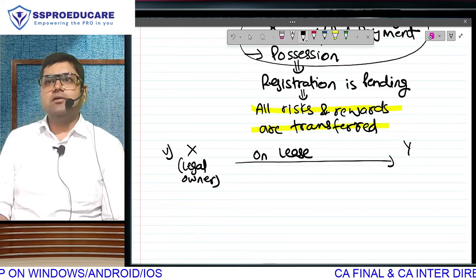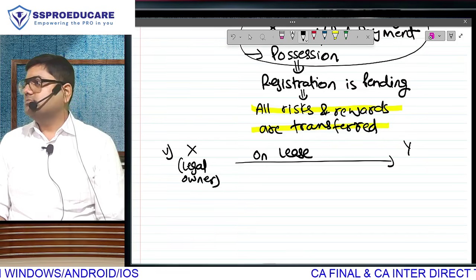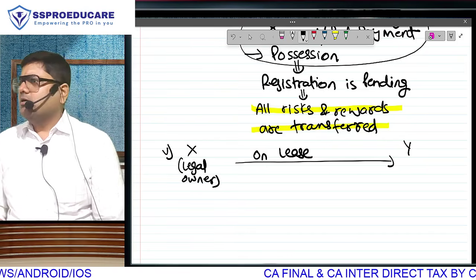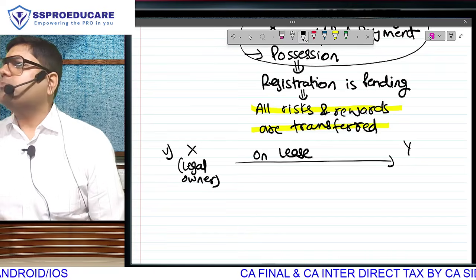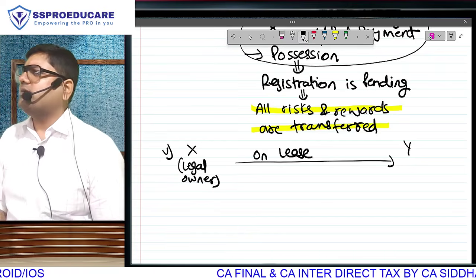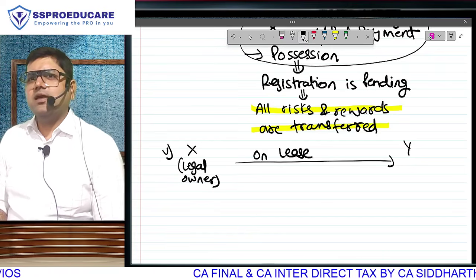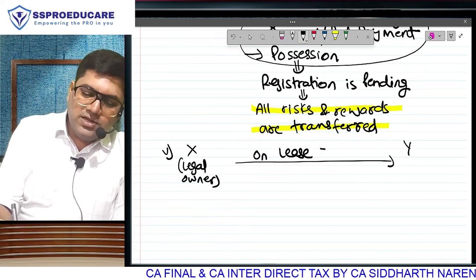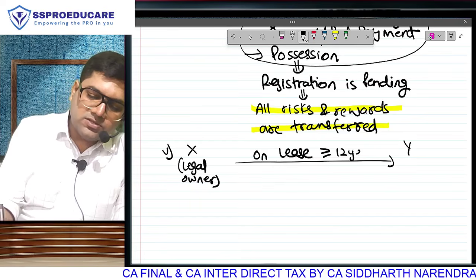Lease means rent. So who do you think is the owner for the purpose of levying income tax on the rent? Obviously X. But if the lease period is 12 years or more,